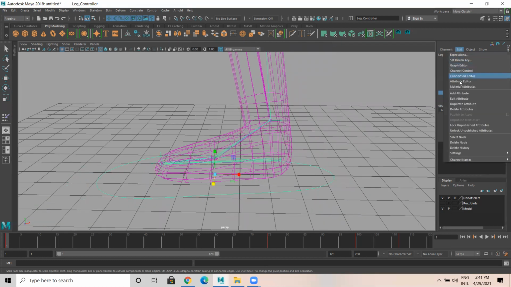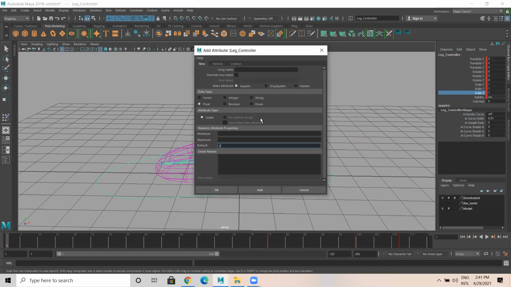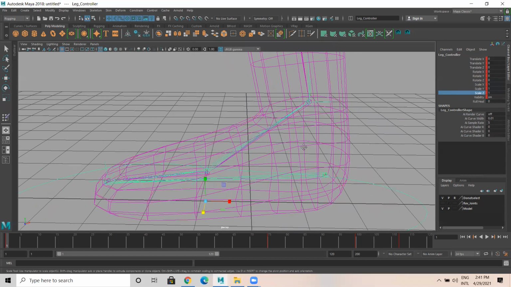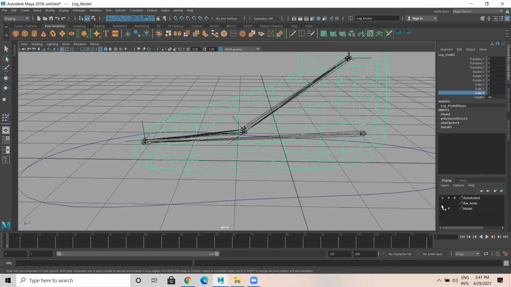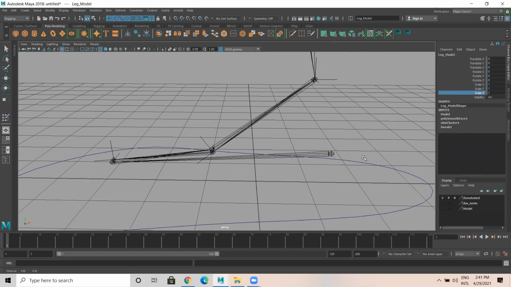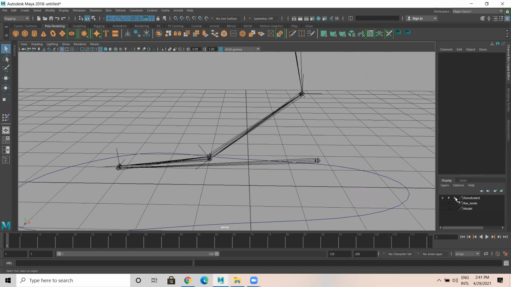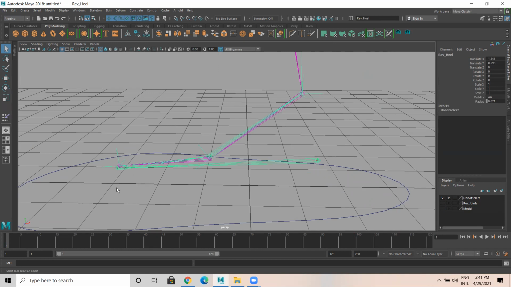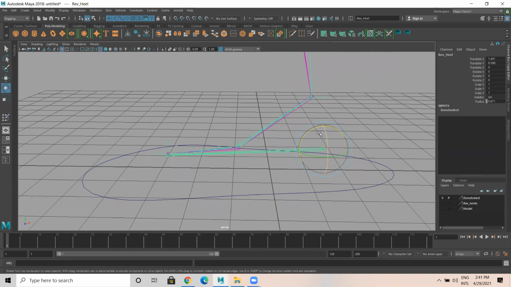I'll go to edit attribute again. I'll add attribute again. Okay, what and all things which I have to do? What is roll heel? I'll select this model, I'll hide it. So select this joint. Roll heel stands for selecting this joint. We do like this, the leg part, placing the heel on the floor, we just lift it like this. This is roll heel. This is 0, this is 10, and this is 0.